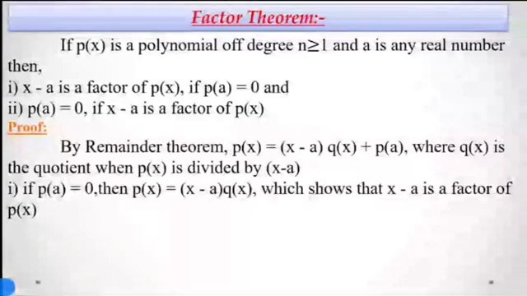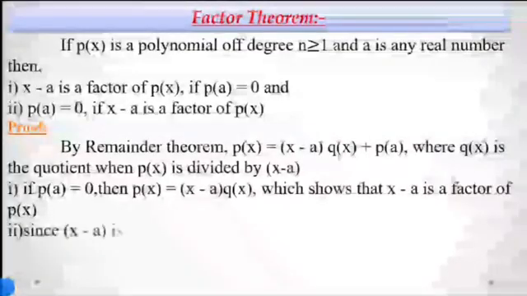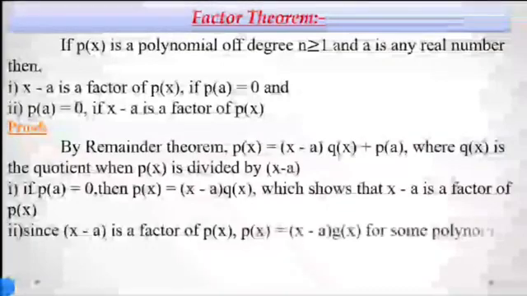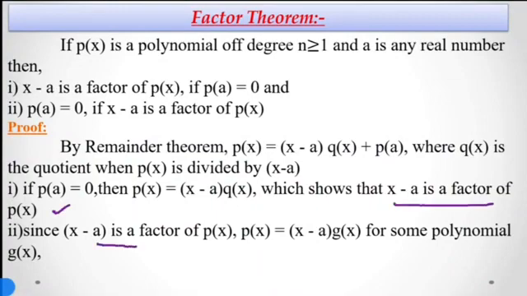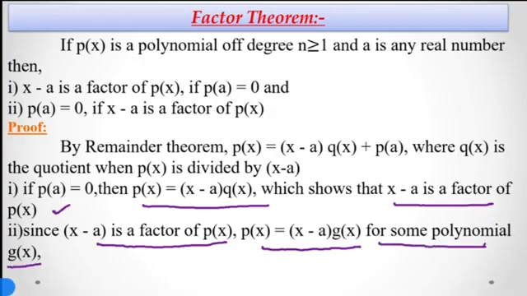Second condition says, since x minus a is a factor of p of x, such that p of x equals x minus a into g of x. We are just rewriting this condition in reverse way. First we are considering this statement, x minus a is a factor of p of x. Then we can say that p of x equals x minus a into g of x for some polynomial. So for this condition we can write